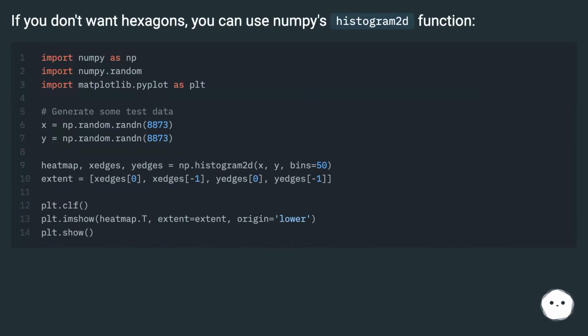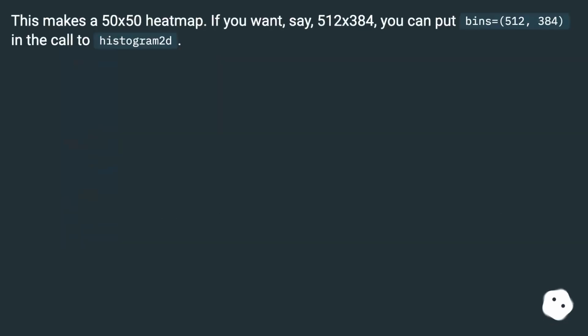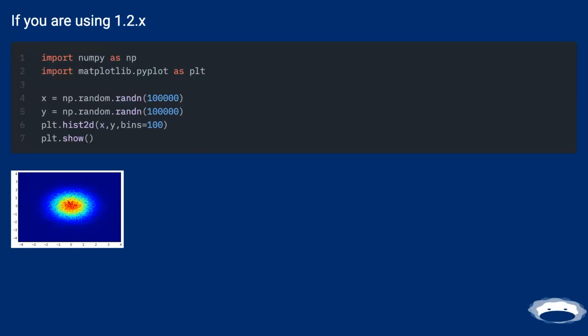If you don't want hexagons, you can use the numpy histogram2d function. If you are using 1.2.x,